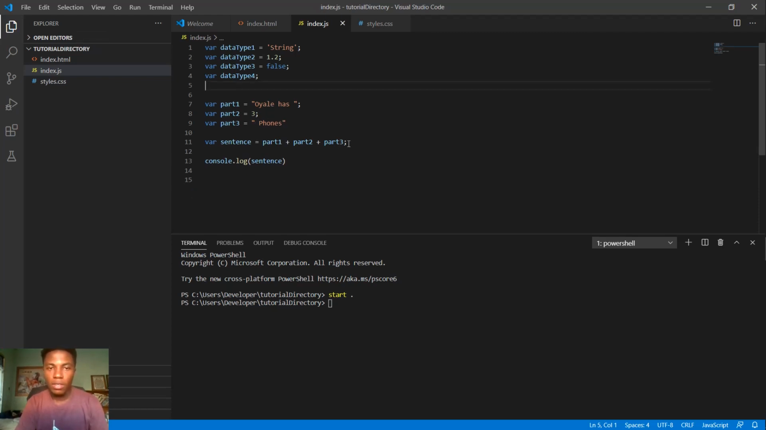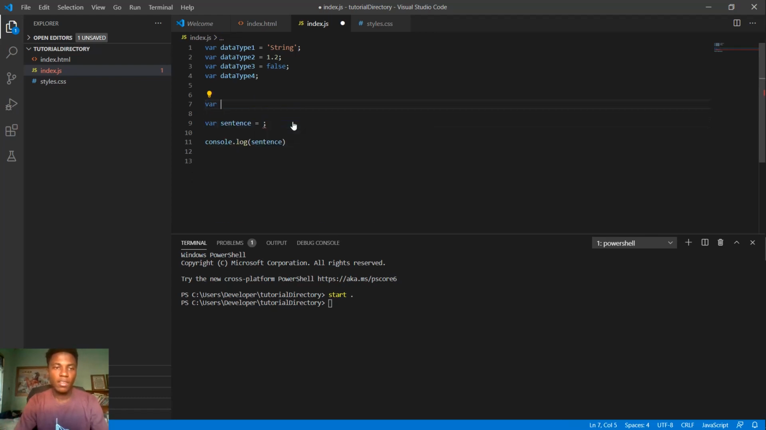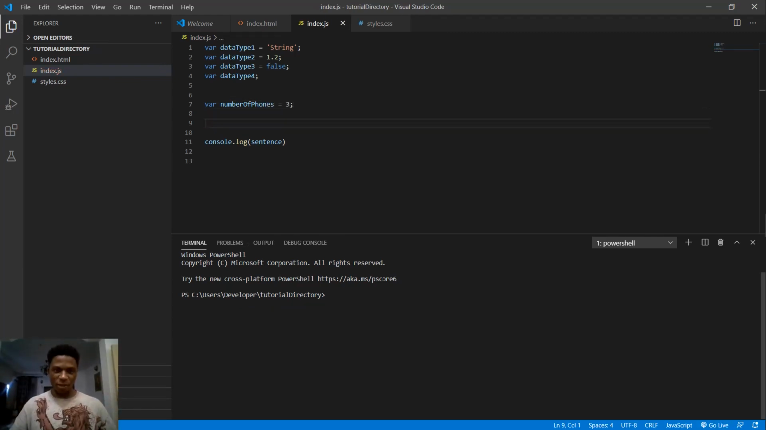Okay, so another way of string concatenation is by using curly braces. It's actually easier. This is actually what I do instead of creating the three parts. Let's say I went through a process to get the number of phones, and there are three. Okay, yeah, I know I changed. Okay, so the sentence